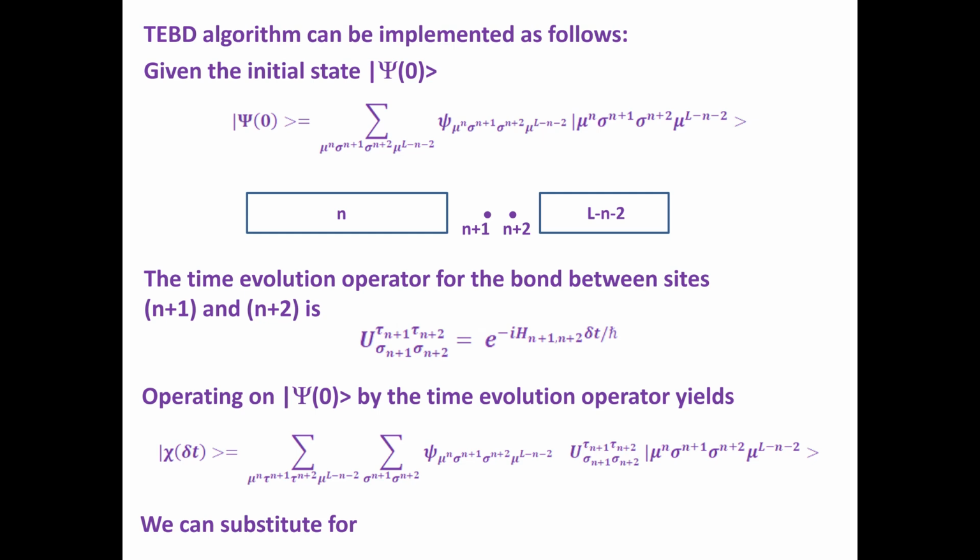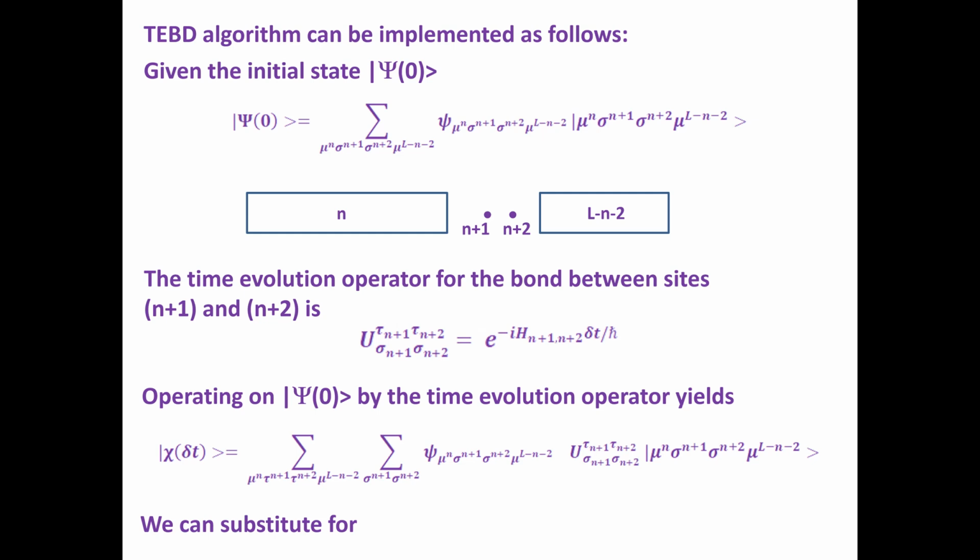And this h n plus 1 n plus 2 is something that is trivial, because for these sites n plus 1 and n plus 2, if they are spins, the basis states are just up and down, so it's only a 4 by 4 basis. If they are fermions, it's a 16 by 16 basis. You can write down the 4 by 4 or 16 by 16 matrix, and you can also write down the matrix for the exponential because you can diagonalize that Hamiltonian matrix and get the function u. Now you can operate on this psi 0 I have taken, operate by u of tau n plus 1, tau n plus 2, sigma n plus 1, sigma n plus 2 on psi 0 to get chi